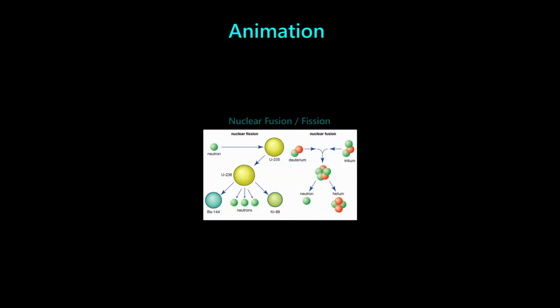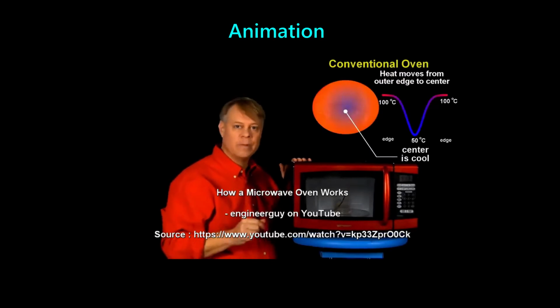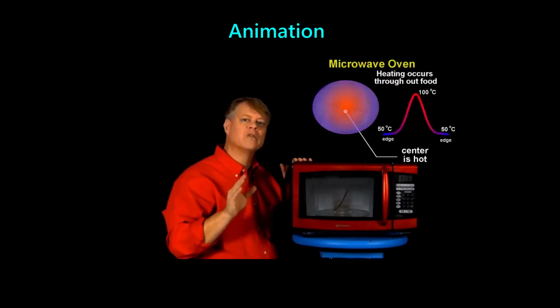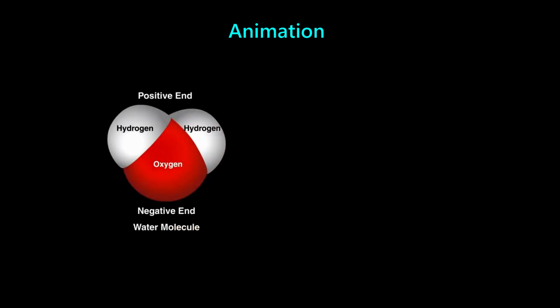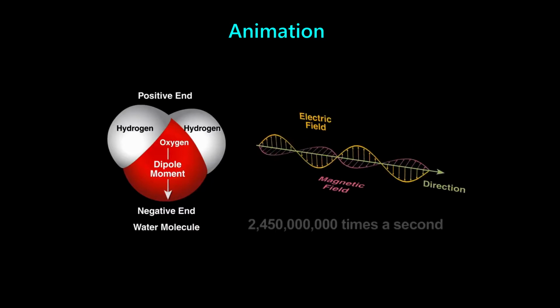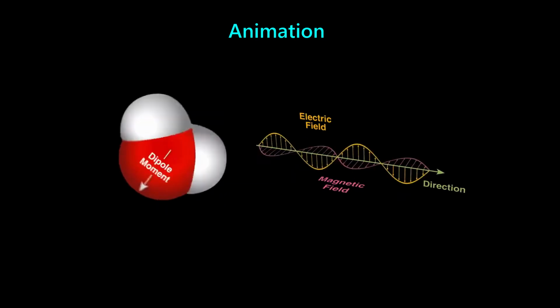This category is used to explain impossible concepts like nuclear fusion, fission, or invisible concepts like movement of electrons inside an atom or conductor. Complex mechanisms and processes are good candidates for animation. In this sample video, presenter is explaining a concept of microwave. Creating good animation can be challenging. Better take help of a professional animator for the same.